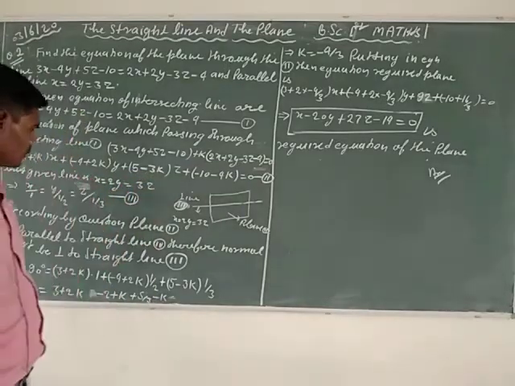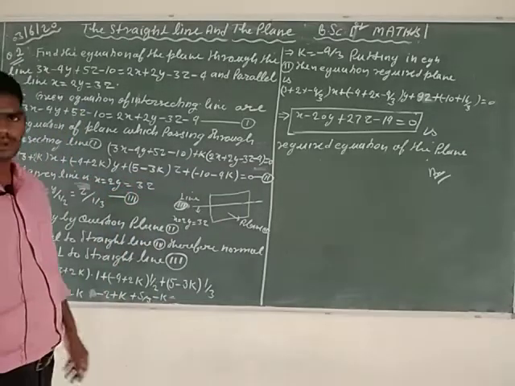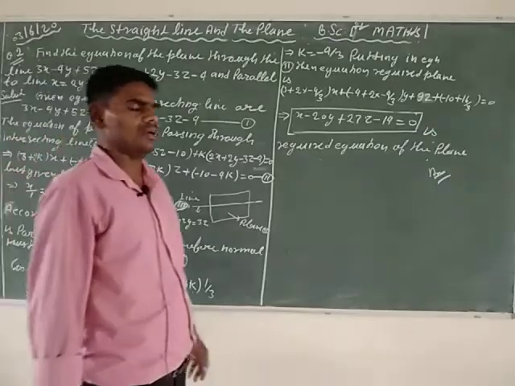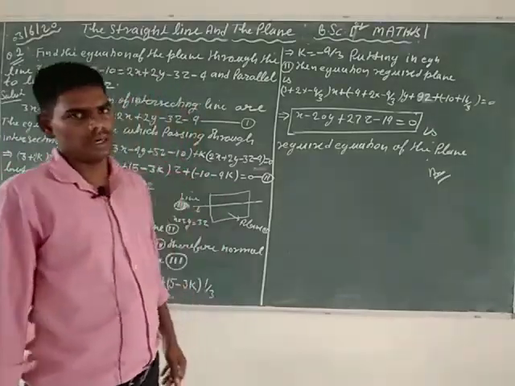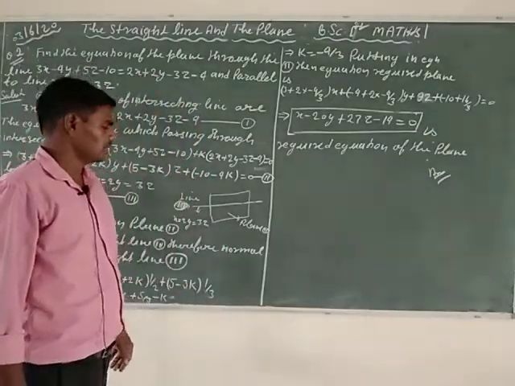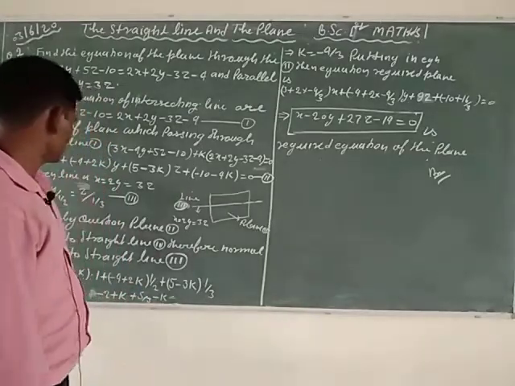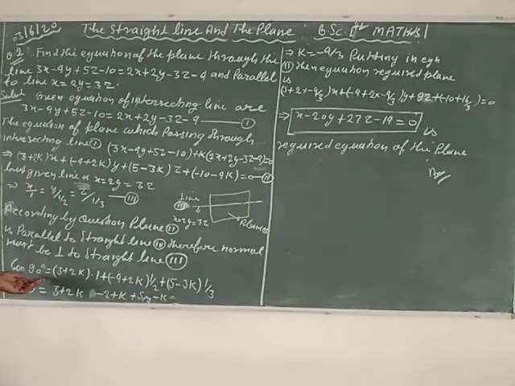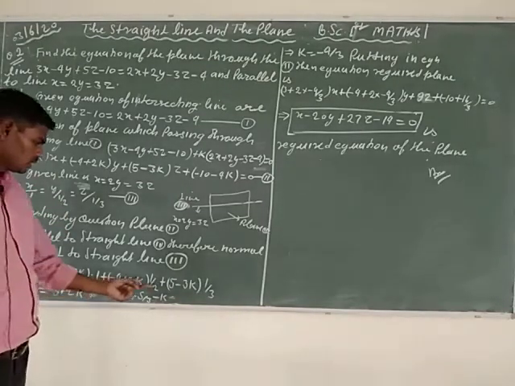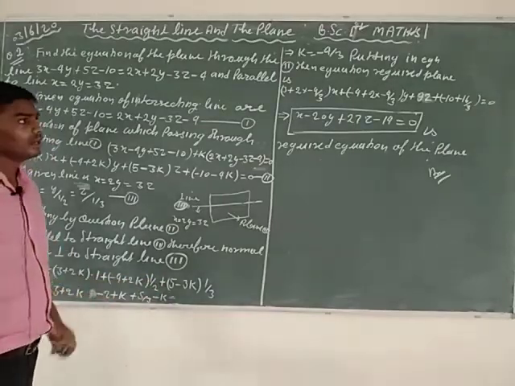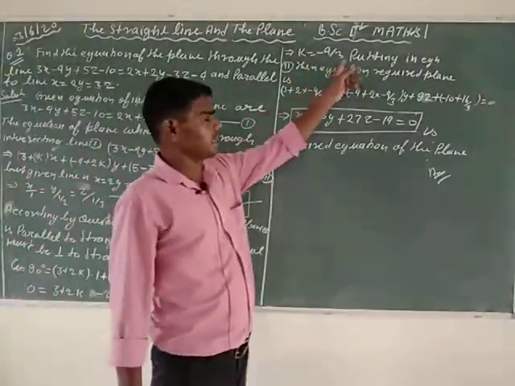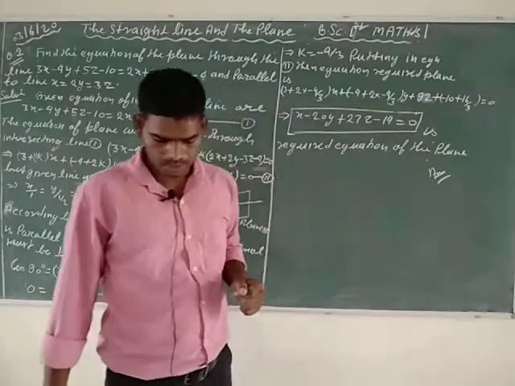Okay, then using the formula cos theta is equal to L1 L2 plus M1 M2 plus N1 N2, which you learned in previous articles, previous lectures. Using this formula, cos 90 is equal to 0 because both planes are perpendicular to each other. So 3 plus 2k, simplify this equation, the value of k is equal to minus 4 by 3.